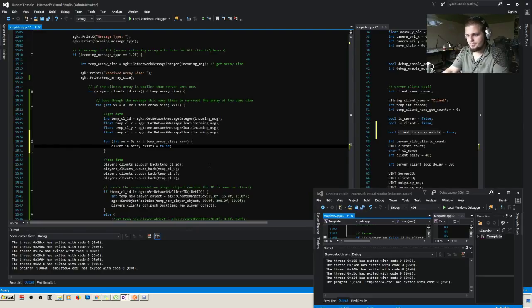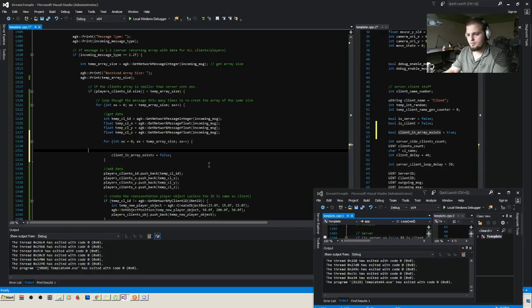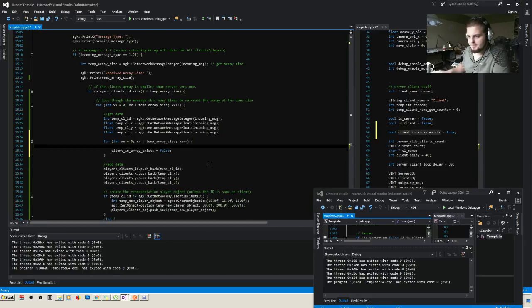Well, we loop through the entire array of clients and say if, not temp array size, but we need to get the size of the player clients IDs. So if player clients IDs at position XX is equal to,